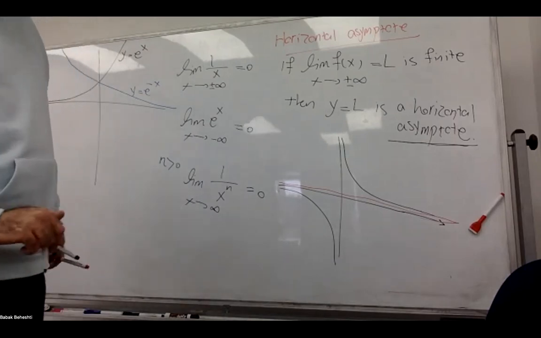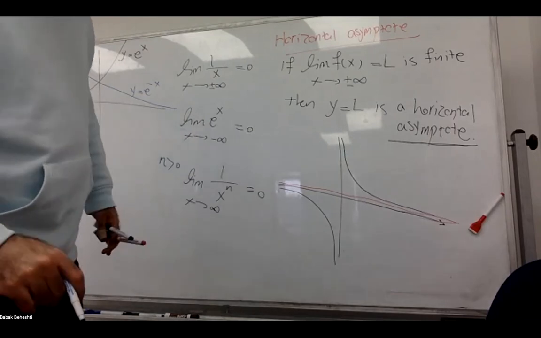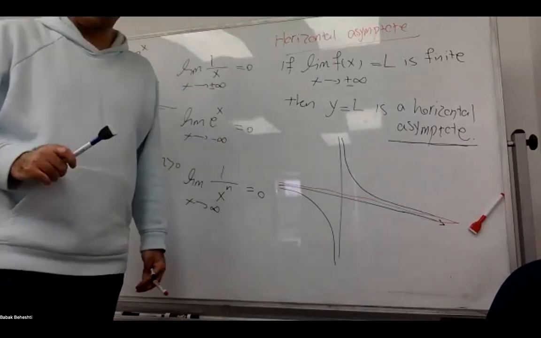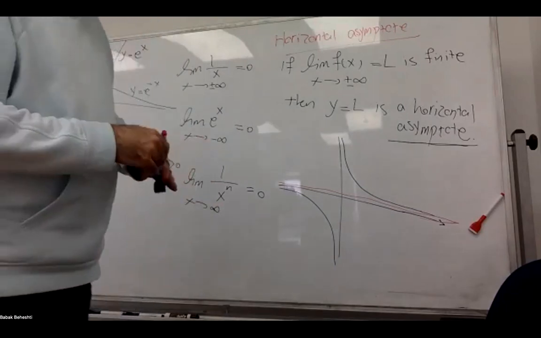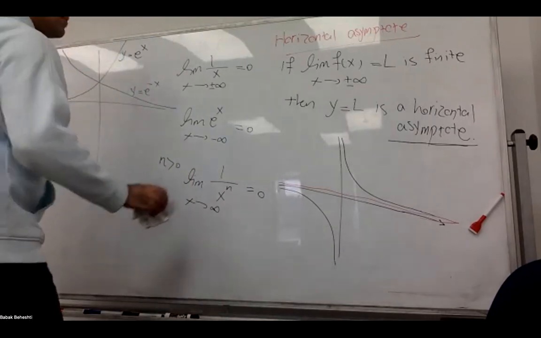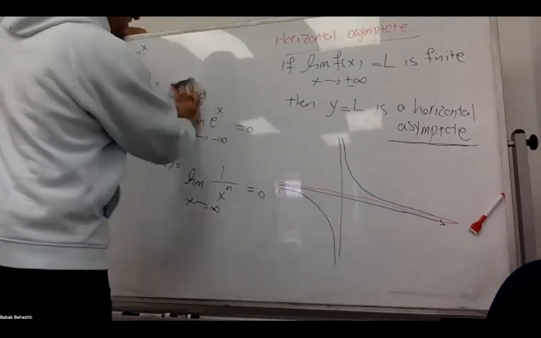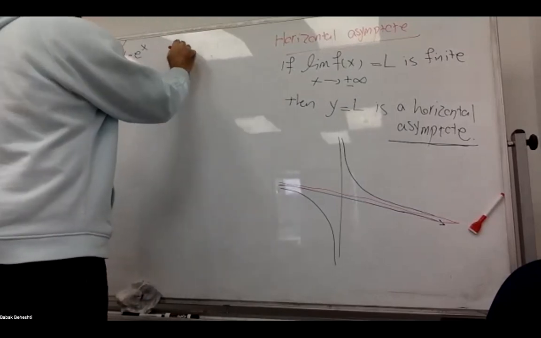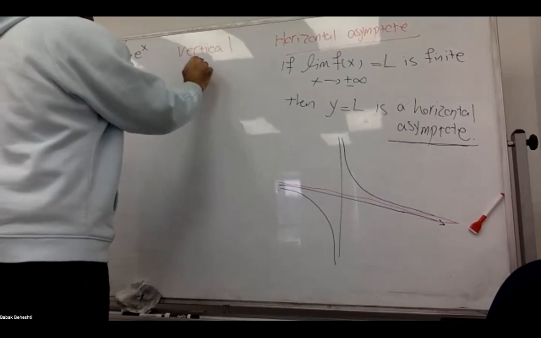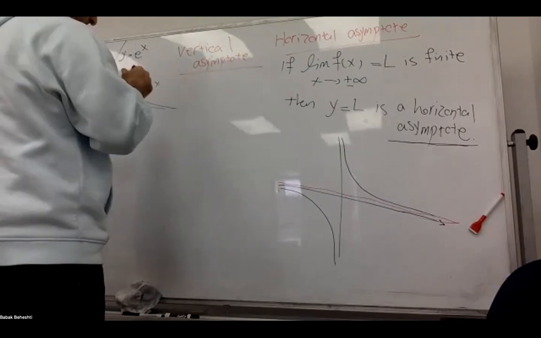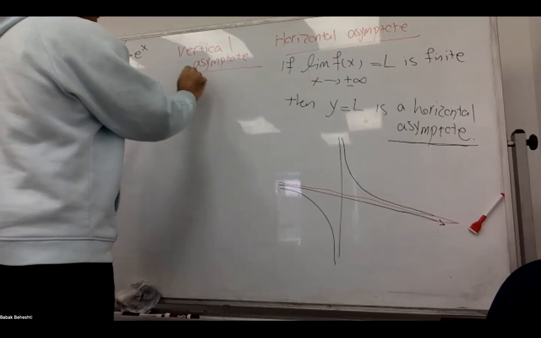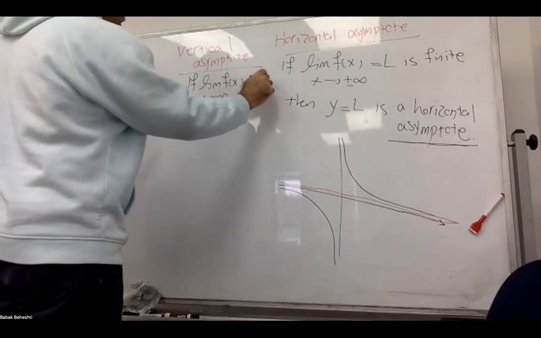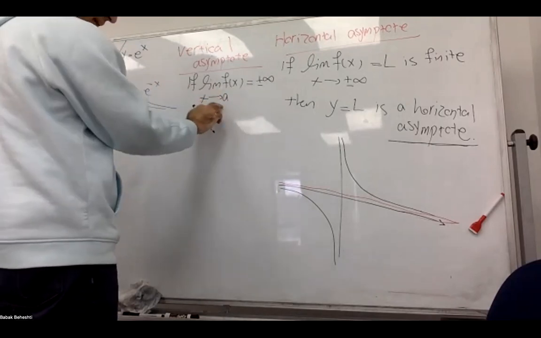So far, so good. Any question? So this is the definition of horizontal asymptote. Also recall the definition of the vertical asymptote. So what was the vertical asymptote? I'm going to write it here, vertical asymptote. It's like this. If limit of f of x, x goes to a, is either plus or minus infinity, a is a number,